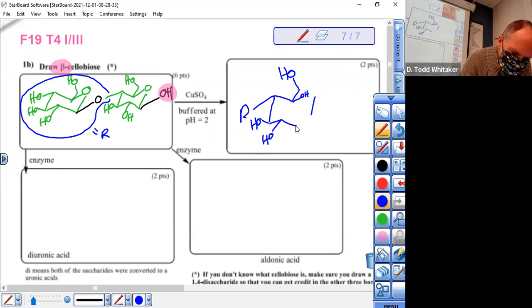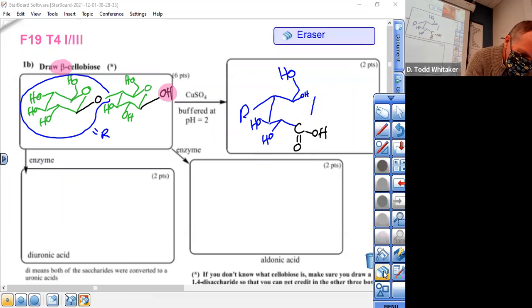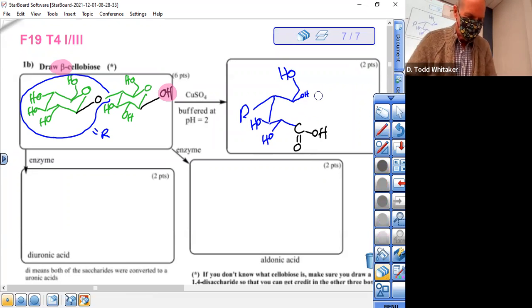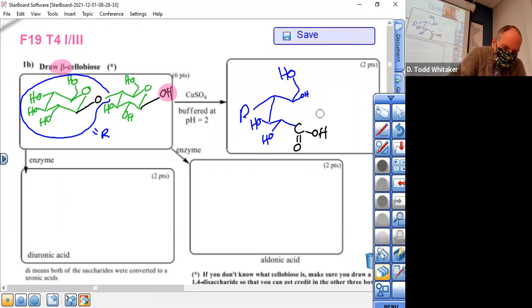Here's the carbon that got oxidized. It has now got a carbonyl and an OH, and there's no linkage here. There you go. And that's it. And an aldonic acid. Aldonic acid,